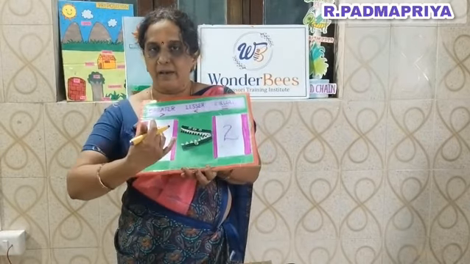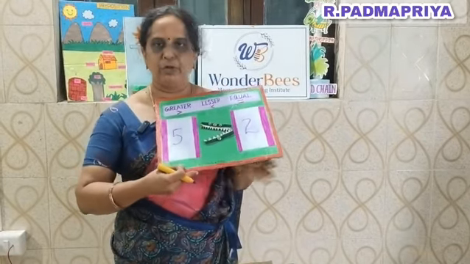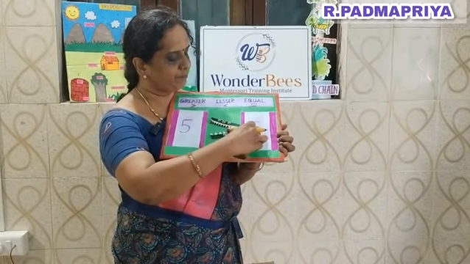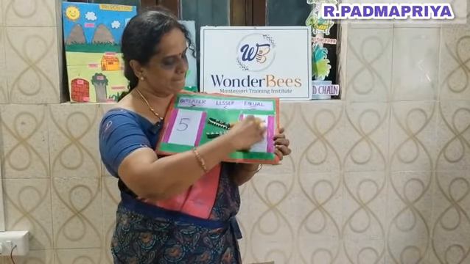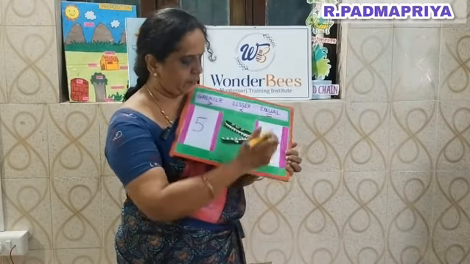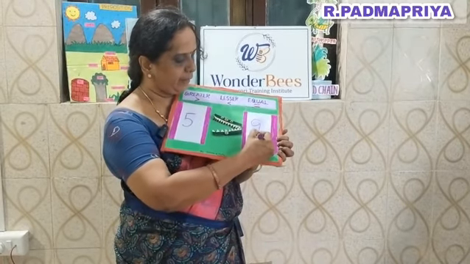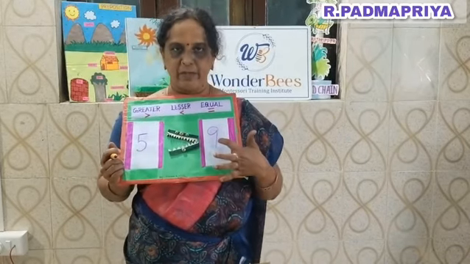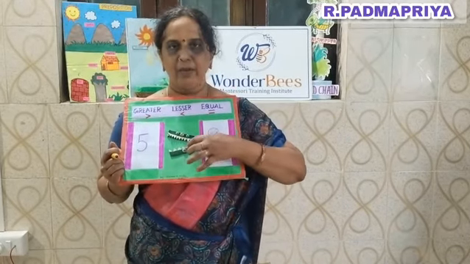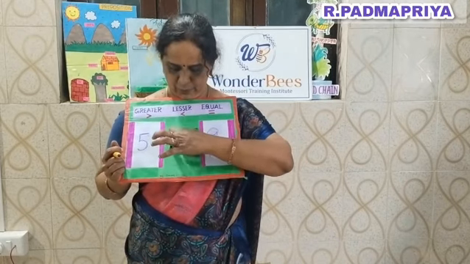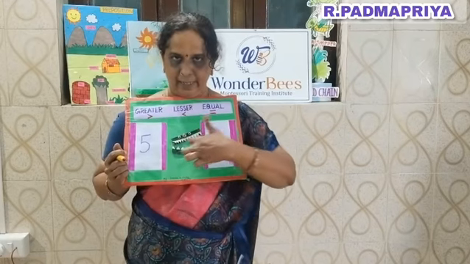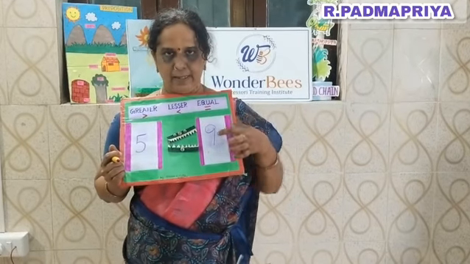Now let's see the comparison of other two numbers. I'm going to change one of these numbers. Let me make this 9. Now we know this is 5 and this is 9. We know 9 is a greater number of the two. So the crocodile has its mouth open at 9. Greater, 9 is greater.